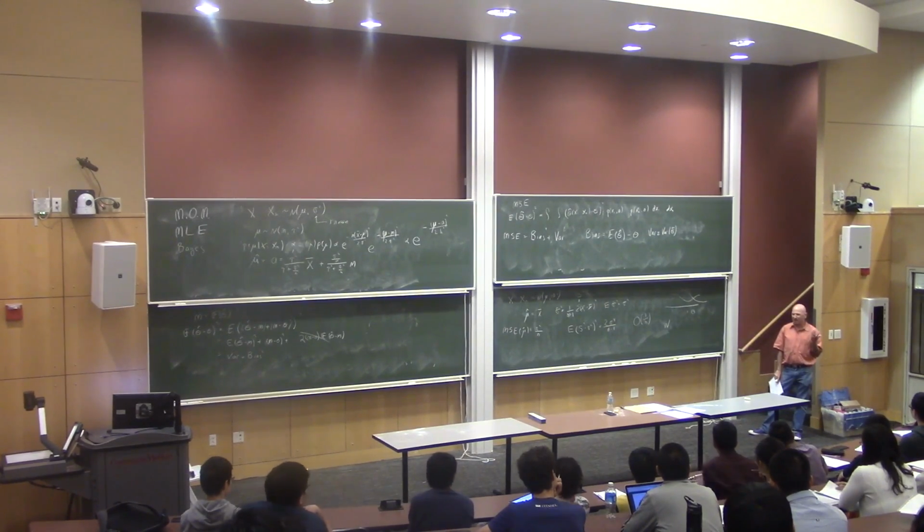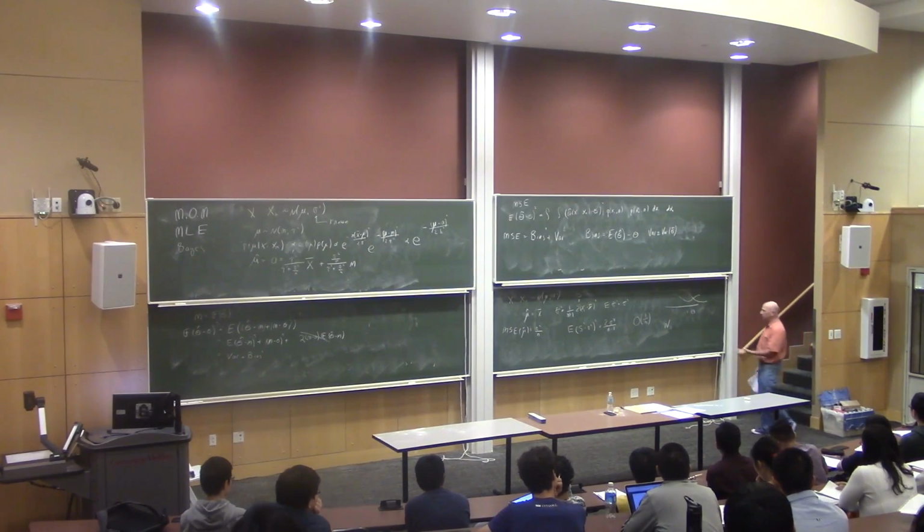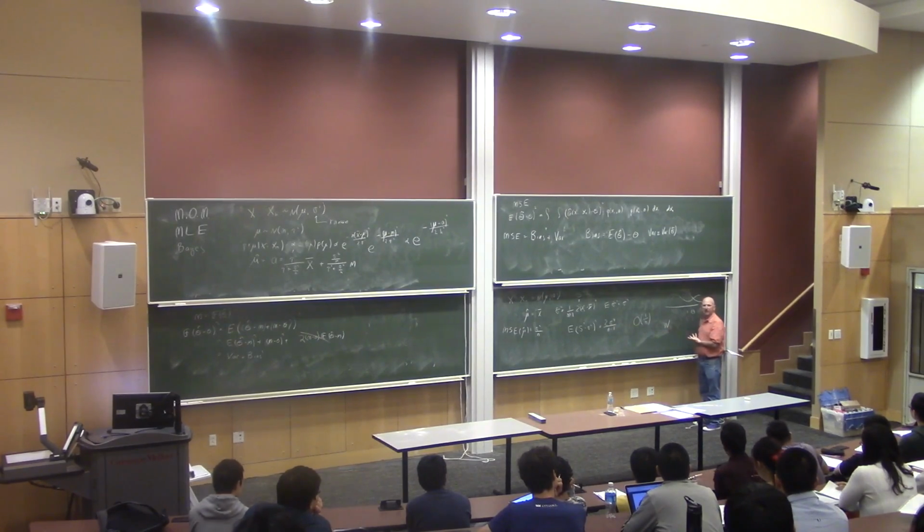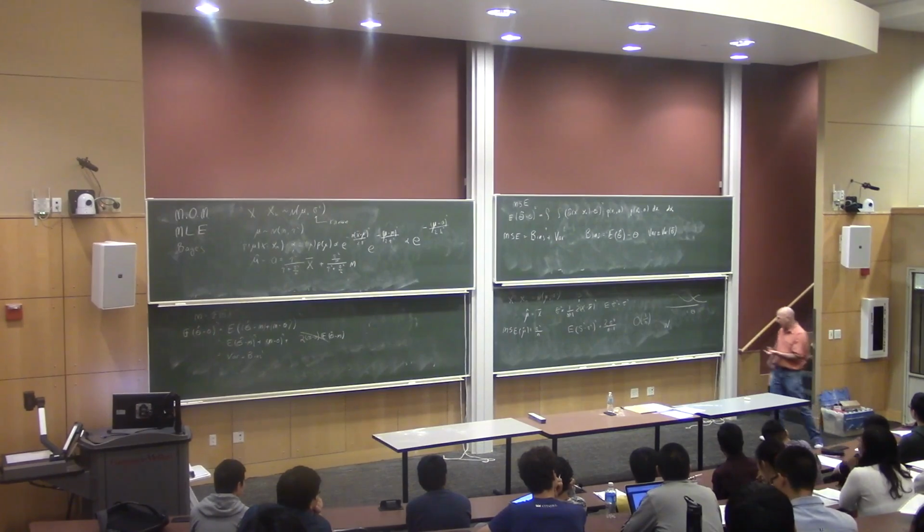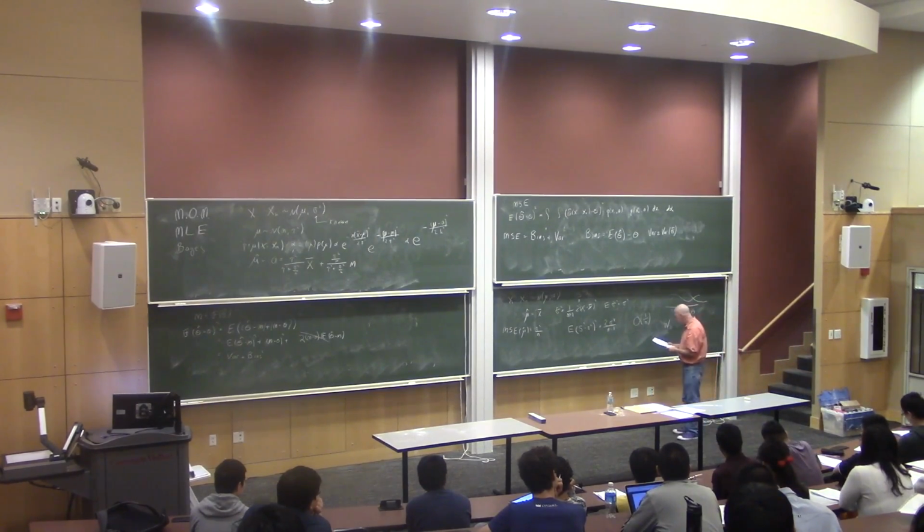Remember we said that a sufficient statistic should contain all the information. Suppose this was a function, for example, in the normal, of x bar and x3. Somehow it seems like having x3 in there isn't really helping you. And what the Rao-Blackwell theorem says is, if I take the expected value of W given the sufficient statistic,